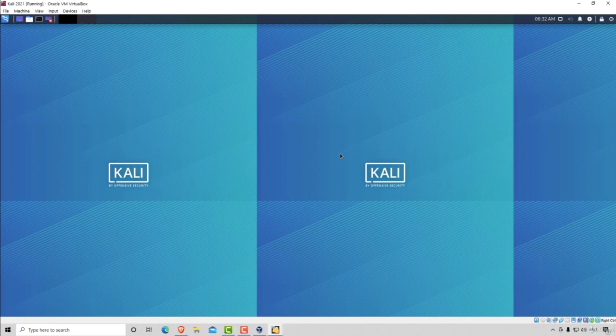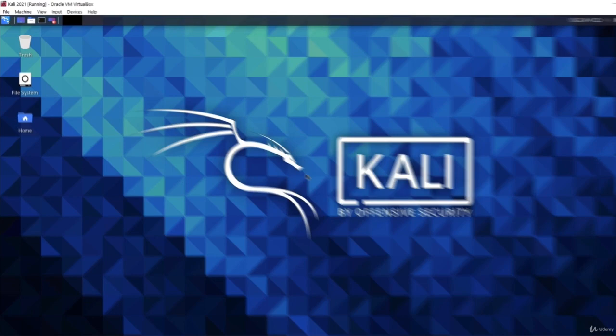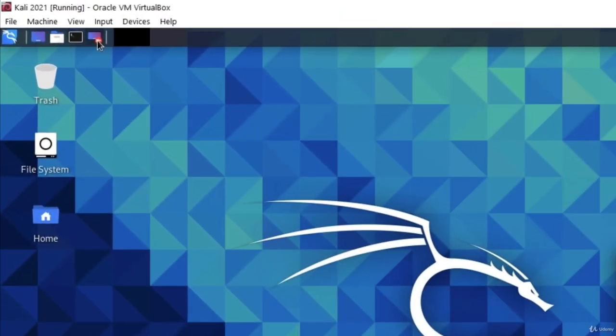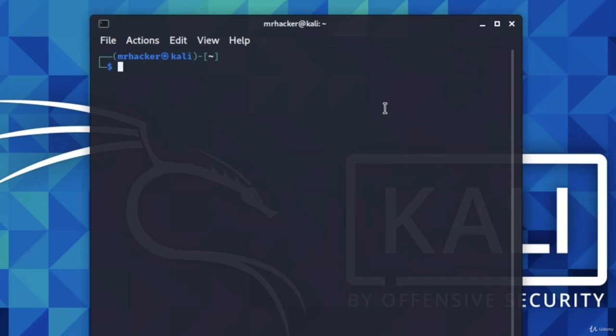And by the way, once again, if you're not familiar with terminal, make sure that you check out bonus section on Linux basics. There we teach the basic commands of Linux terminal so you can get familiar with it, and it hopefully will become your second nature. In Kali Linux, to open terminal, we use this icon. It will open up this command line where we can type our commands,